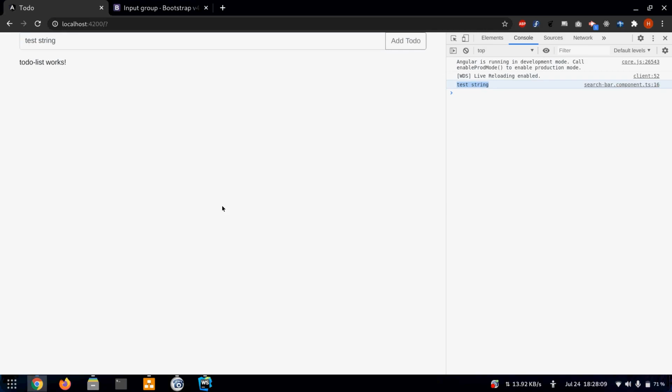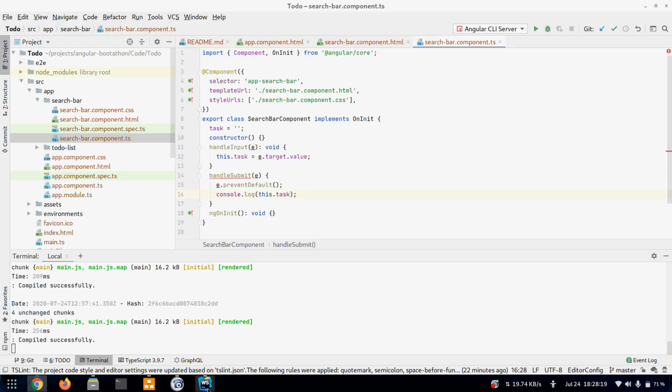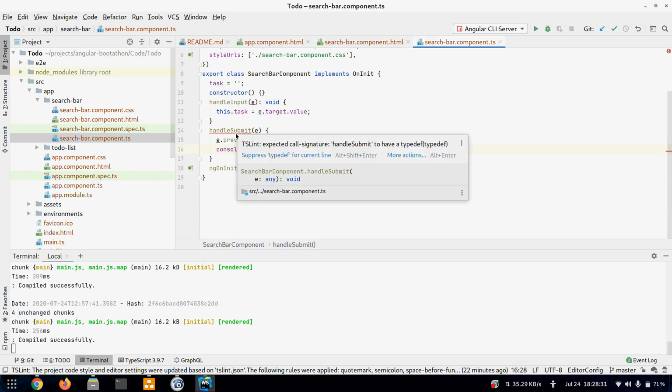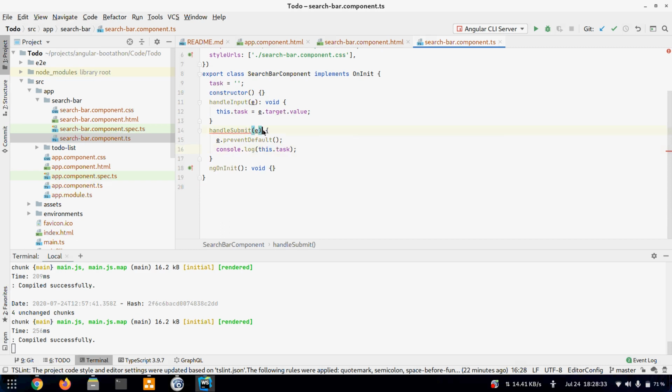So if anyone has any doubt till now. Can you show the TS files? It's complaining that we didn't have a return type, so that's not an issue.